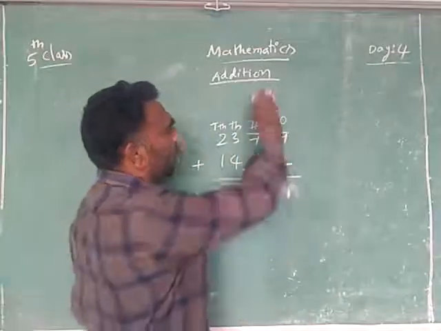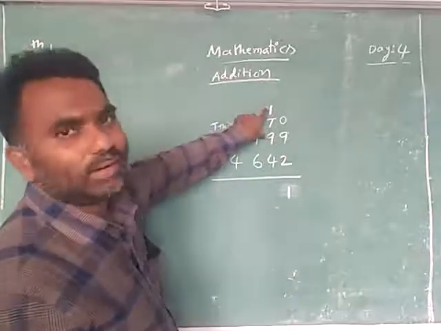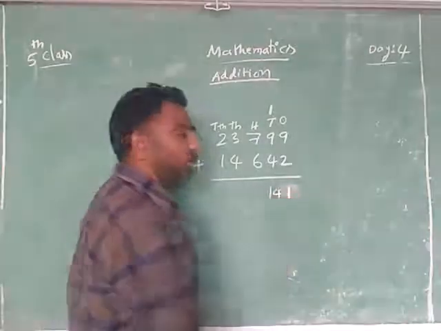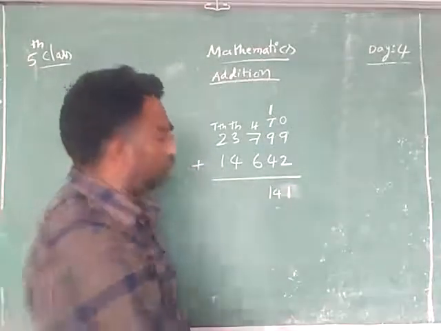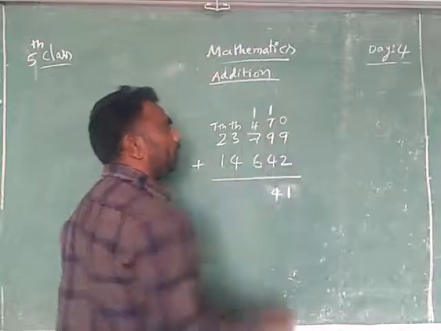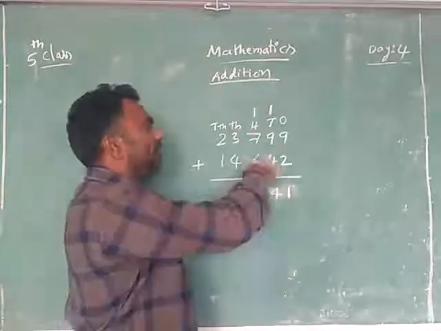Now we will add the next line. 9 and 1, 10. And here 4, 14. Will you write the 14 like that? No. What will you do now? 1 digit you write here and 1 we will give as the carry for the another level. Now we will add this.